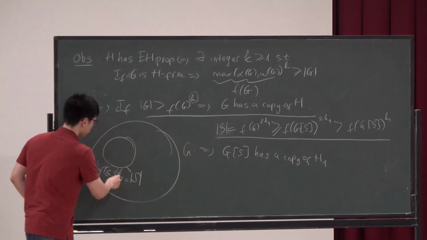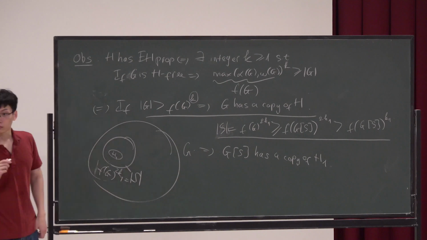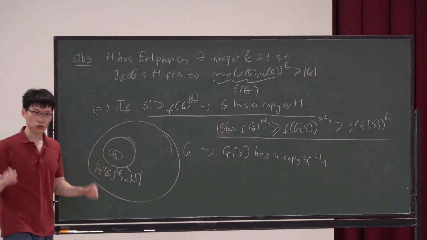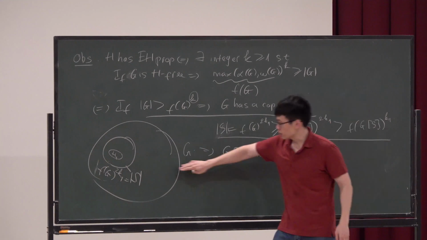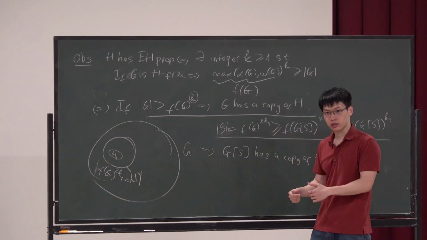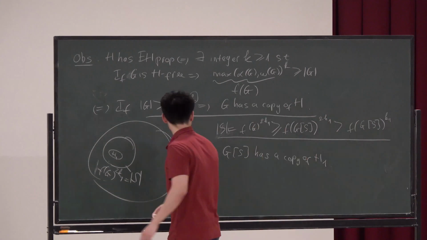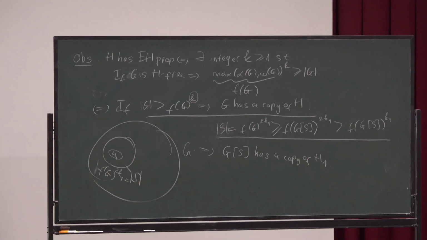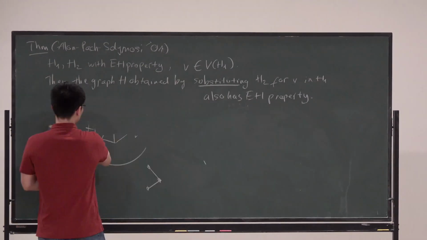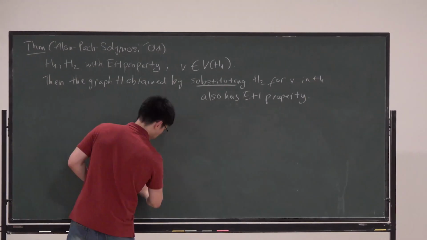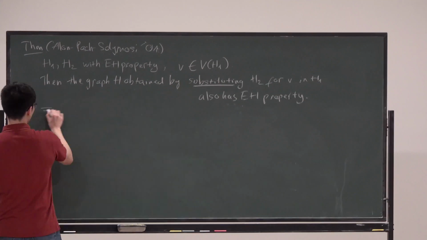So we can find a copy of H1 here. So far so good. Because this is true for every subset S of this size, now we can try to generate lots of copies of H1 in G. So now by simple double counting, you can show that the number of copies of H1 in G is